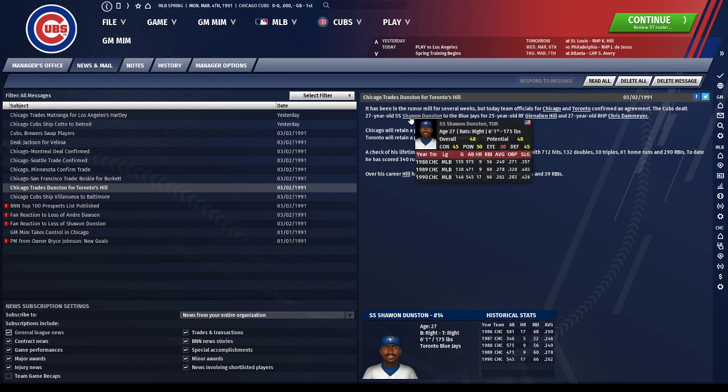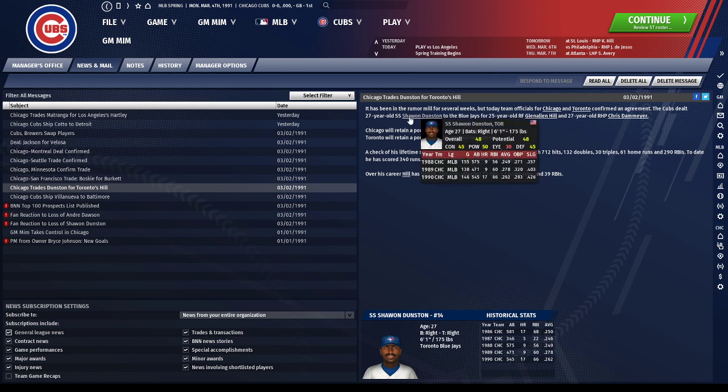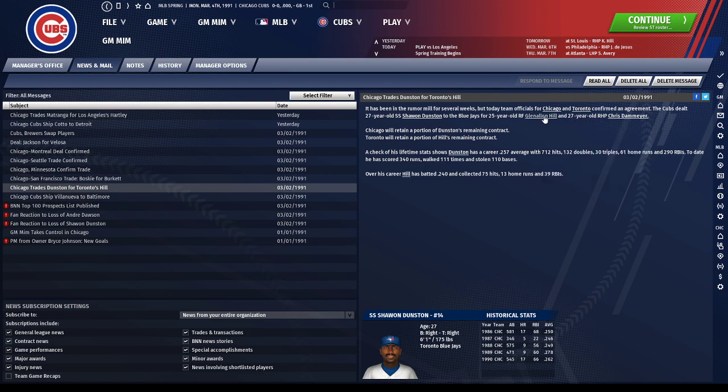Toronto. They picked up all of, or not all, but a portion of Dunston's contract. Most of it. I'll go over my contracts at the very end of all this. And they actually retained some of Glenn Allen Hill's contract. So I believe this deal alone, we came out like $1.3 or $1.4 million ahead, and we got rid of a player we weren't going to use who doesn't really have a spot for us. And we got a potential solid outfield backup, and we did get